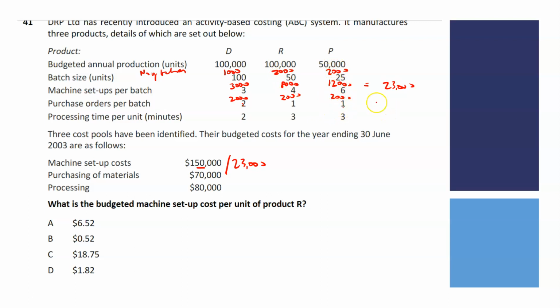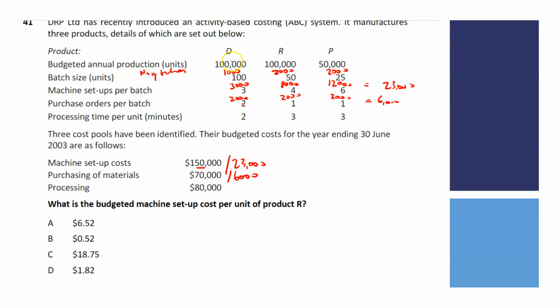Okay, great. So you now have a total of 6,000. Right, good. And then what we now have, of course, that means that 6,000 batches are driving this cost here of 70,000. So what we now have here is it tells us that you have processing time of 2 minutes